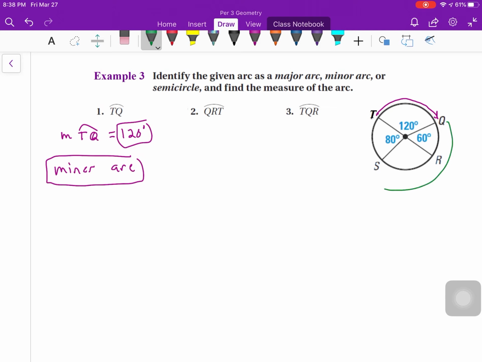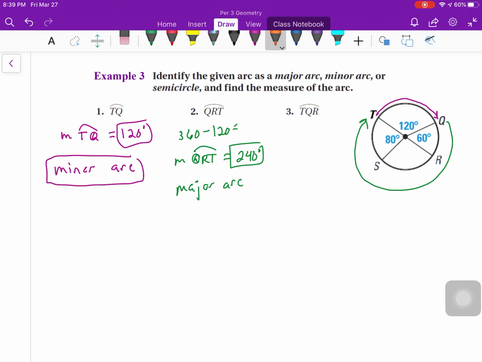The arc from Q through R to T, well, that's really the whole circle except the 120, so I could just take 360 minus 120, and I find out the measure of our